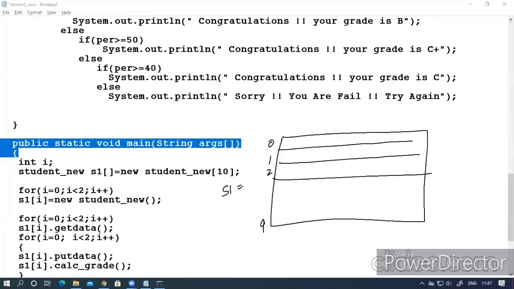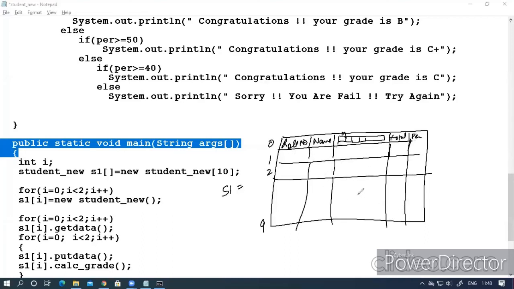These are first the roll number, second the name, and then the declaration of another array called marks M. It will be divided into 5 elements, then it will have total and then percentage. So this is my one object. The same with the second object, the same with the third object, and so on.